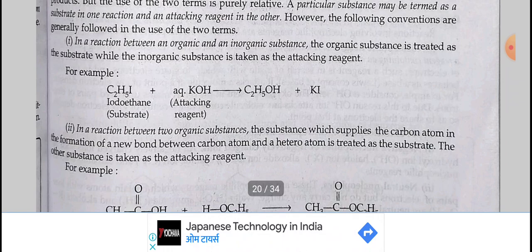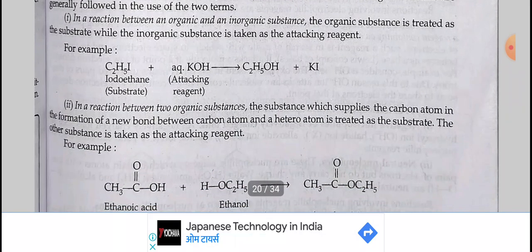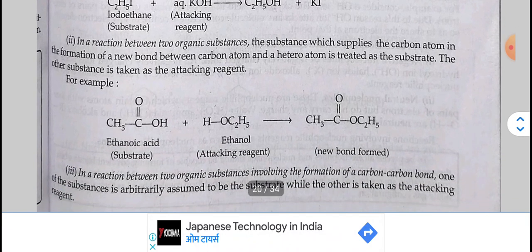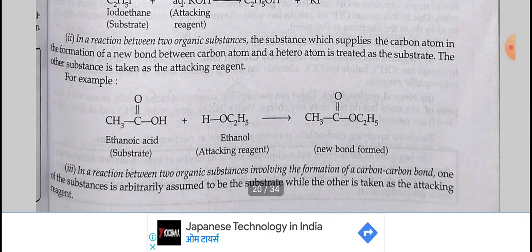ethanol plus KI. In a reaction between two organic substances, the substance which supplies the carbon atom in the formation of a new bond between a carbon atom and a hetero atom is treated as the substrate. The other substance is taken as the attacking reagent. Ethanoic acid (substrate) plus methanol (attacking reagent) gives